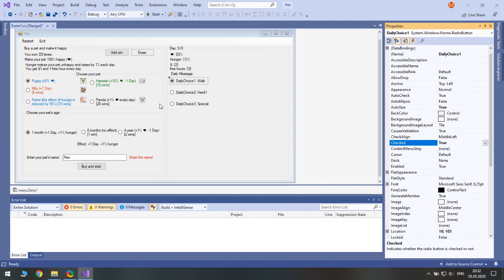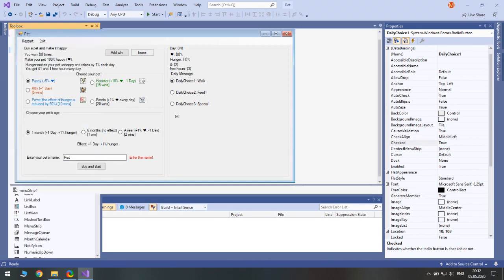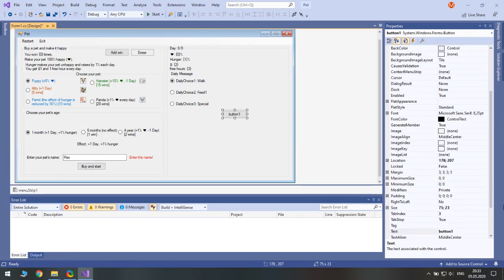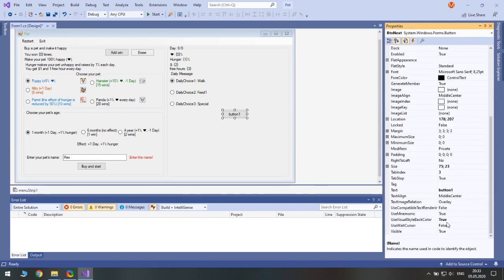And now we need a button to move to the next day, so let's drag a button here. Let's call it button next, and the text: next day. So let's make buyable items here.